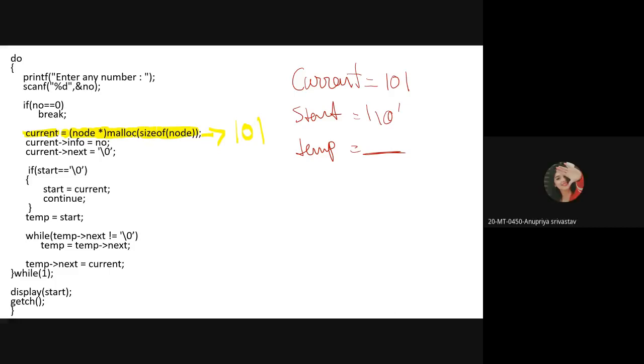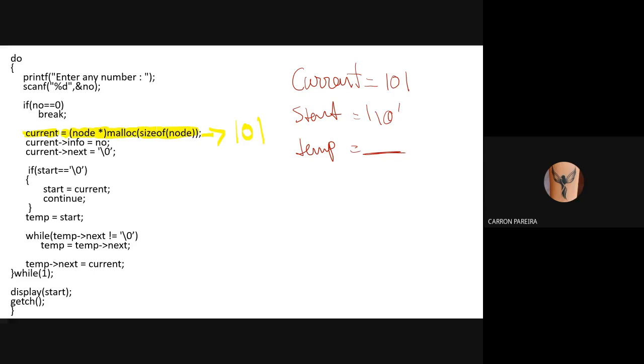Ma'am, what is the syntax of malloc? Simple. Malloc, and inside that just write down the value. Because sizeof node will give me 6, some integer value, and that value means that much memory I require.